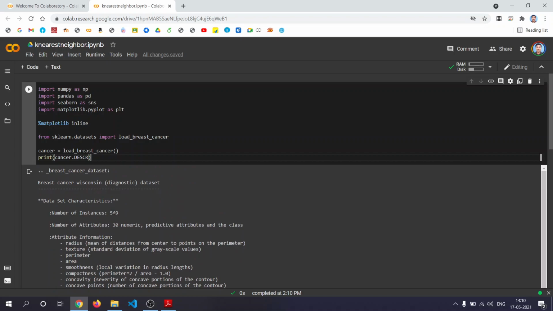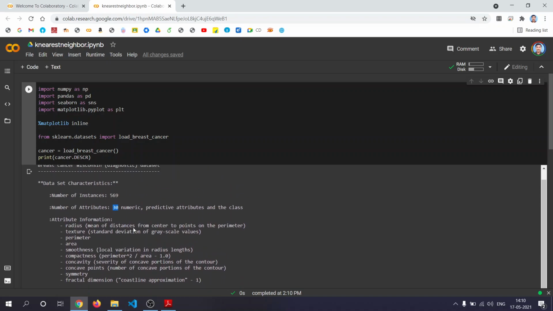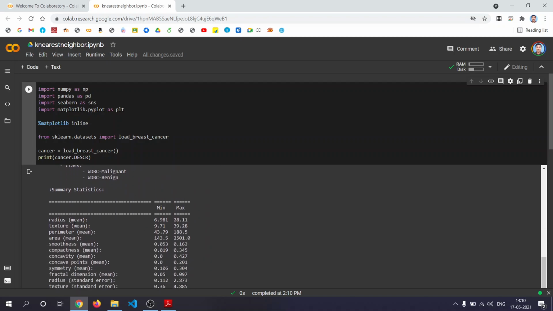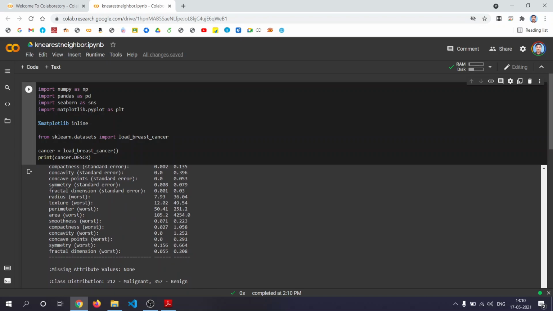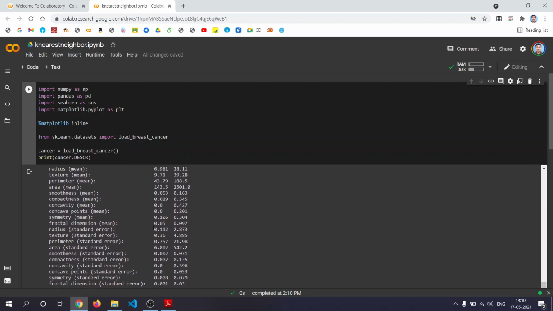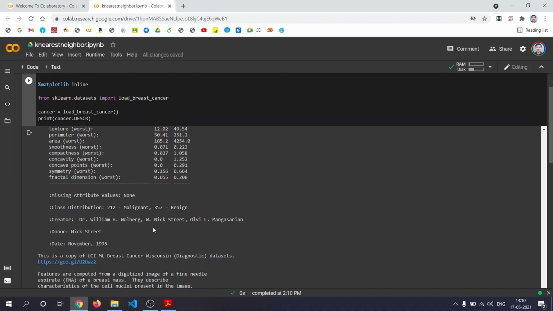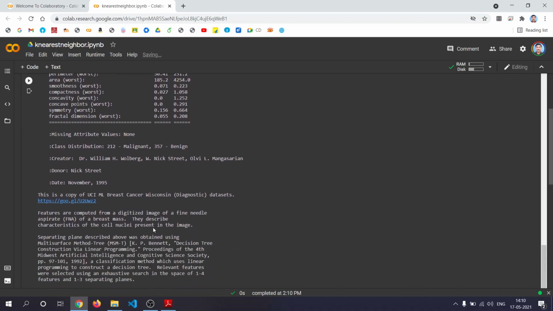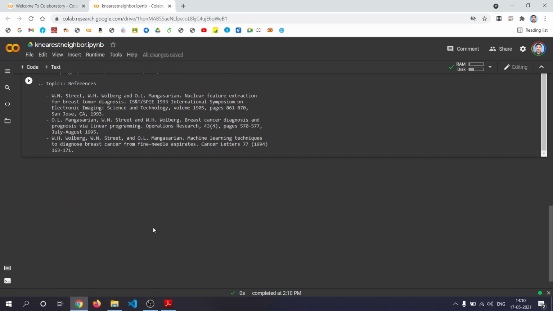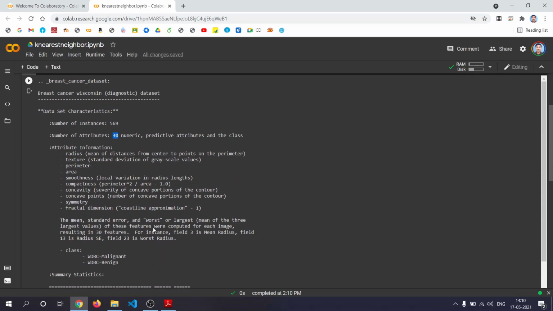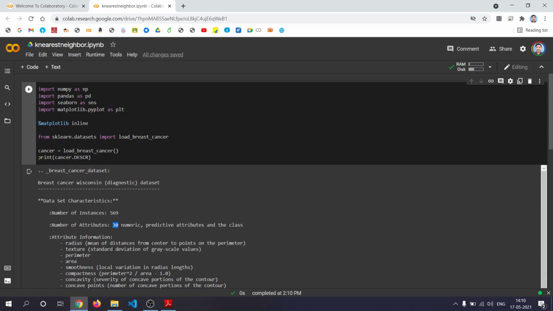Number of instances are 569, number of attributes are 30, and all are numeric attributes. Each of the attributes, what it means: radius, minimum value, maximum value, then all the variables, minimum value, maximum value, everything is given. And who has prepared this data set? So this is the description of the data set.